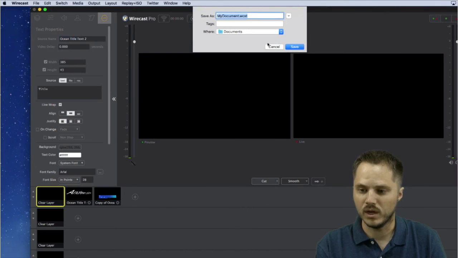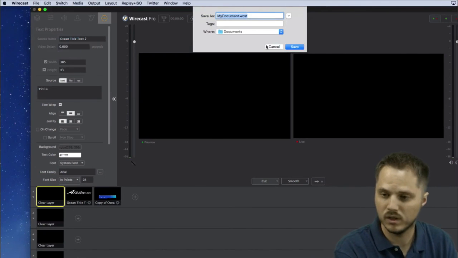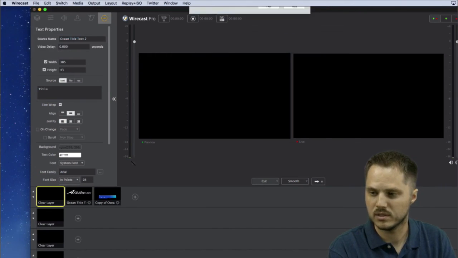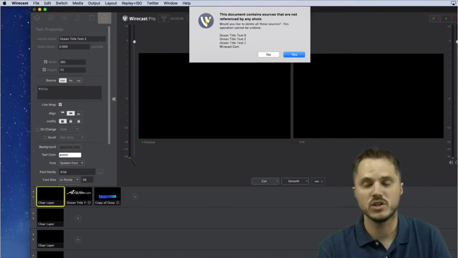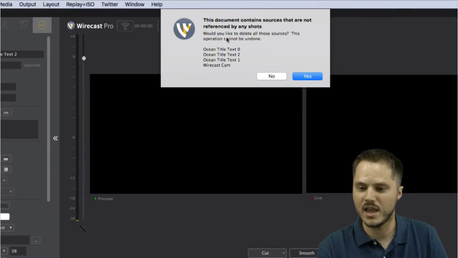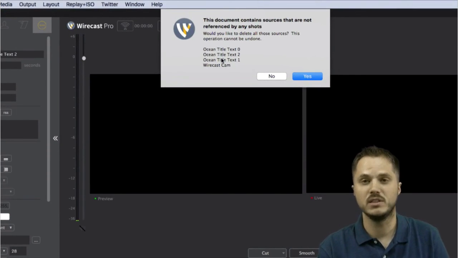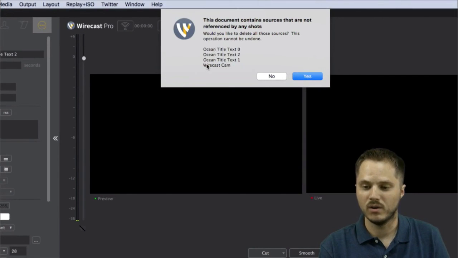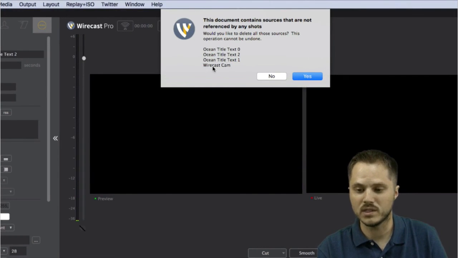it's going to warn you. Let's see, if we go to my document, save, it's going to tell you which shots are currently gone. And then if you save the document without them, these are going to disappear forever. And you'll need to recreate them from scratch. Now, I actually want this Wirecast cam because I'm going to use that in our AV demo.